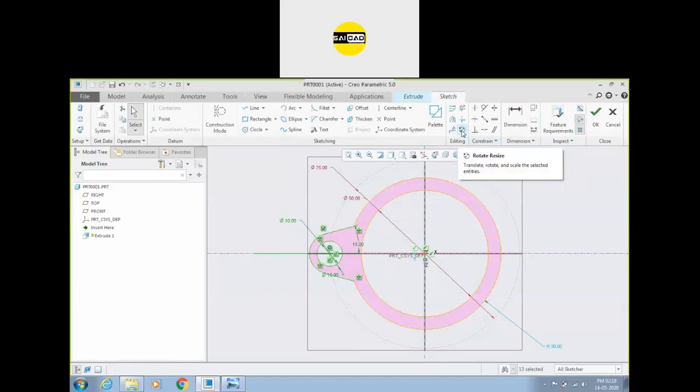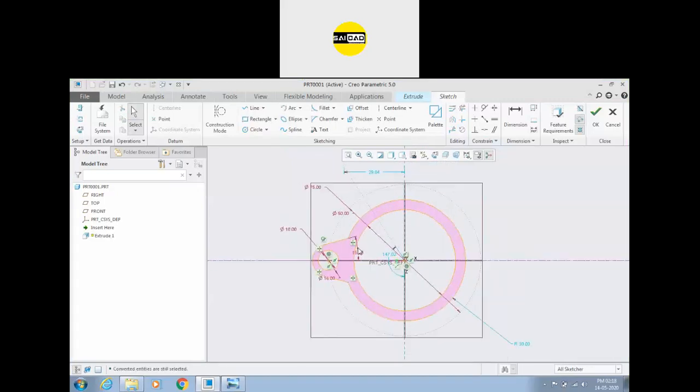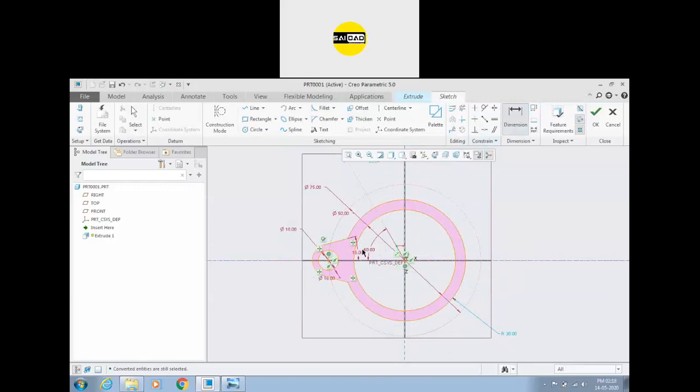From rotate resize we have only translate, rotate and scale options. We cannot create a copy. So we can use the mirror option by creating a center line like this. Just go to the construction. Now we need the gap between them to be 120, so we have to specify the gap from here as 60 degrees.